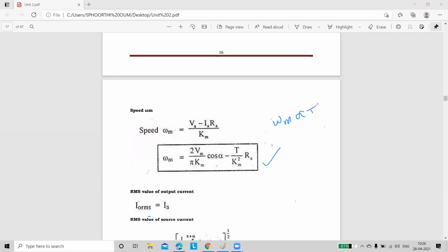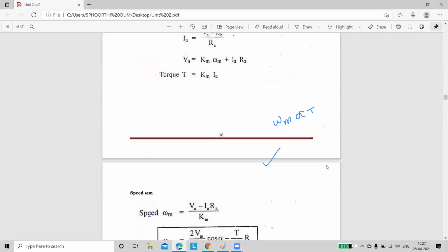Okay. Next, what we have to know is whether speed is positive or negative by varying torque. This is the first task. And the second task is, what about the torque? Torque is either positive or negative. Can anyone decide that? Which one is positive and which one is negative? Both speed and torque positive, ma'am.